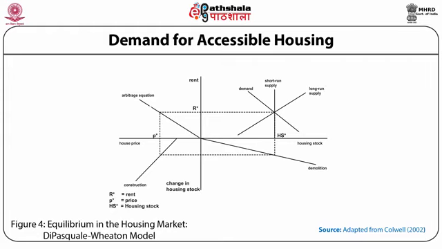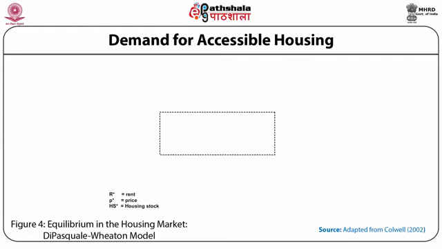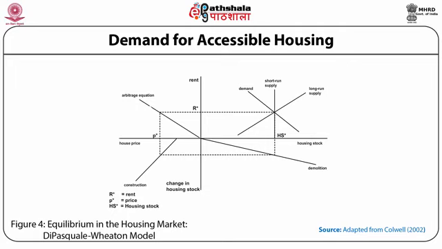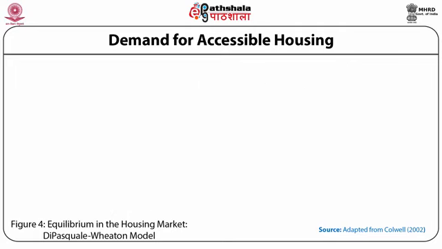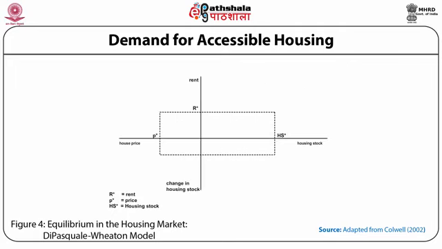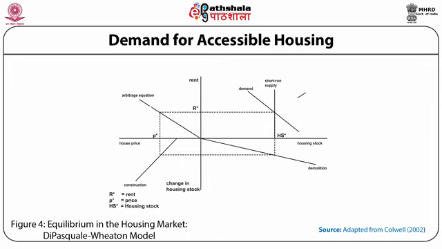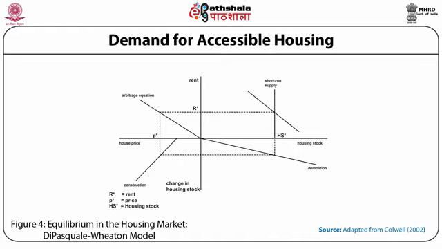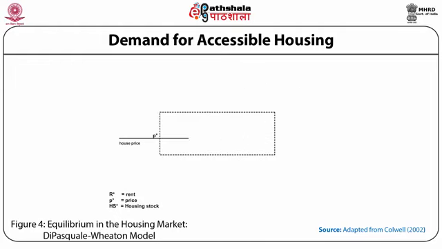Higher rents and prices make entry into the submarket more difficult and exit more likely, such that aggregate demand is a downward sloping function of the rent, shown in the upper right quadrant. Equilibrium conditions are given by the rent R star and price P star that equalize demand and supply at stock level HS star. However, in real life, equilibrium conditions may change, or the equilibrium can be achieved at a suboptimal